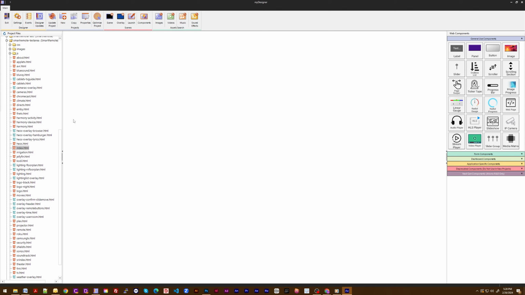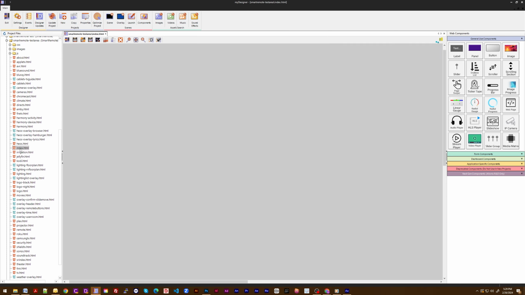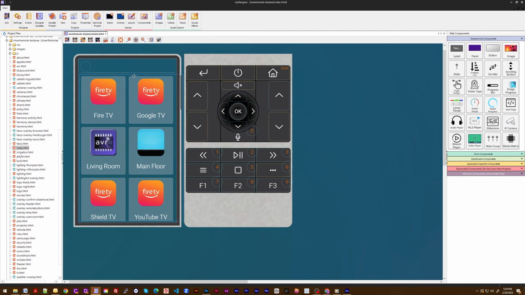This video is going to show how you can add your own buttons to your SmartRemote instead of using the system-generated list. Open your index page. Click on the edge of the endless list component and drag it off to the right until you are ready